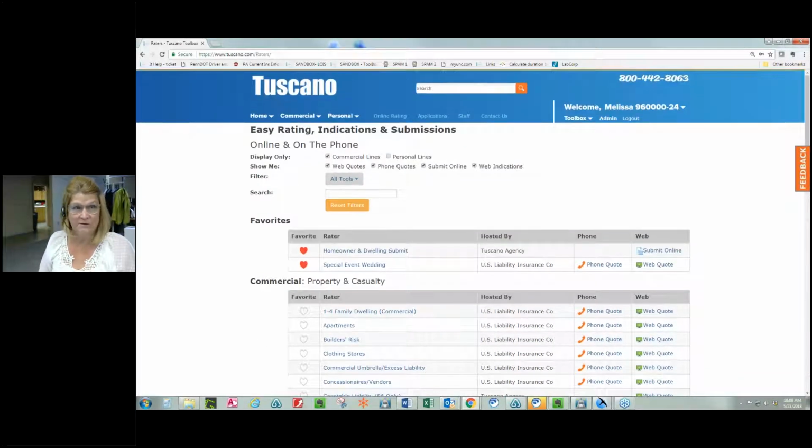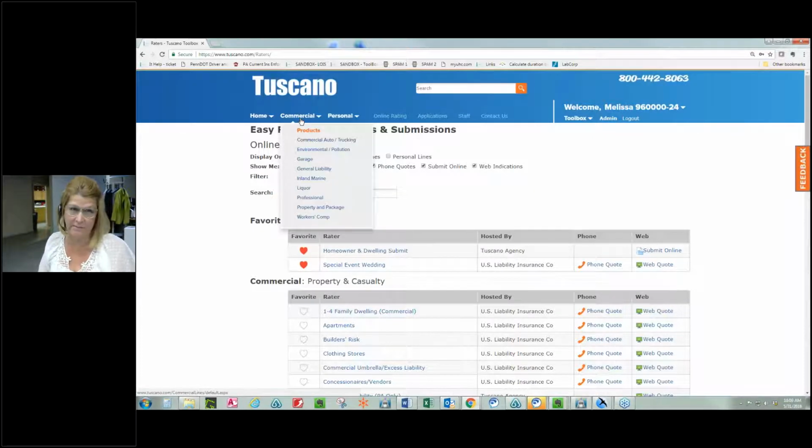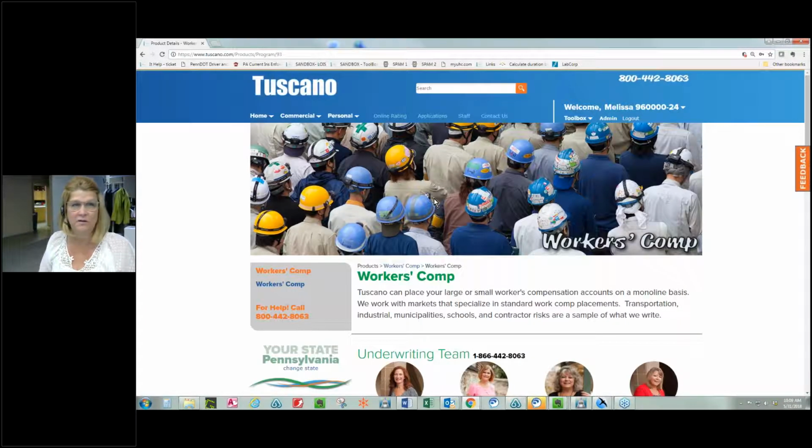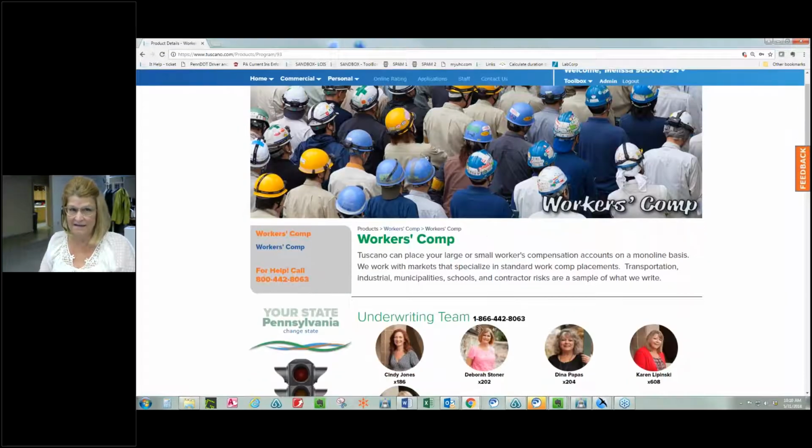One of our fastest growing lines of business in our team is workman's comp. And our markets for this class are constantly expanding. So we can provide quotes on many workman's comp risks that your standard markets may not write. Whether it's a new venture, a more difficult class, whatever reason it doesn't meet the standard market underwriting, it's definitely something we can take a look at.